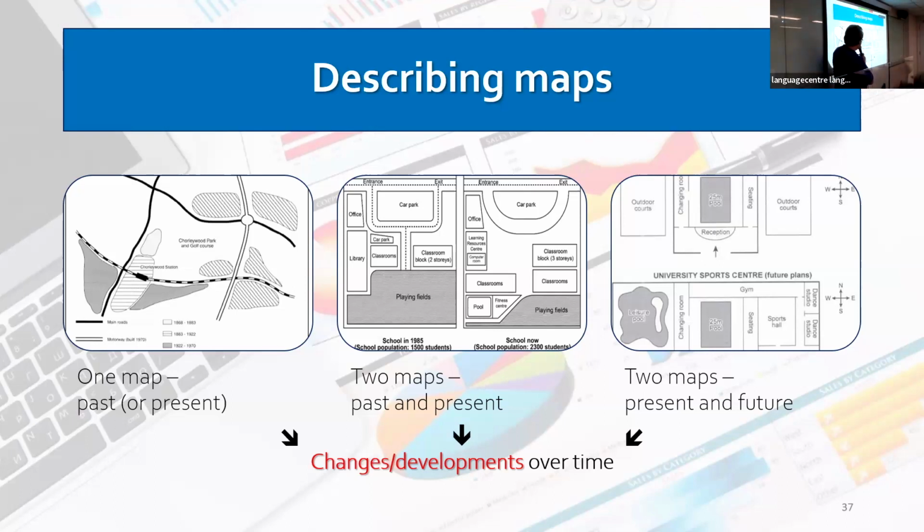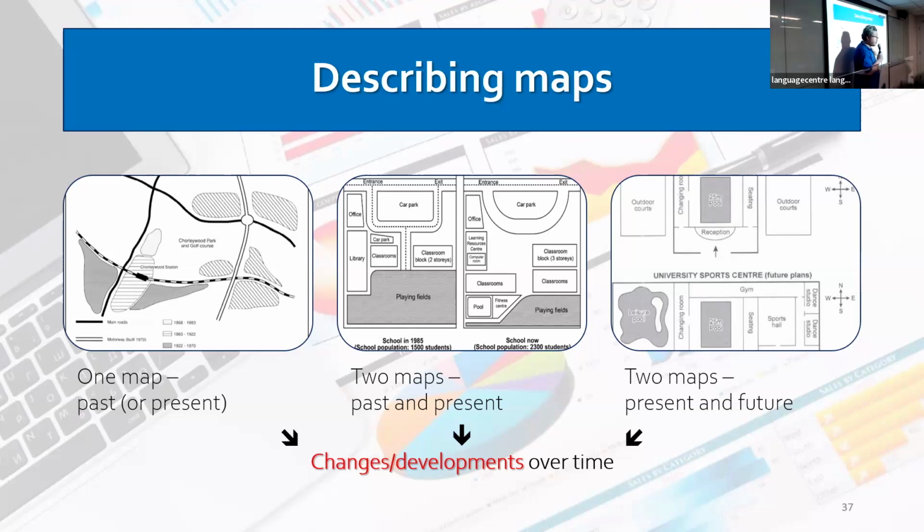Apart from one map, you can be shown two maps. The two maps will show you the past and present of a school, for example, a school or a place. Then you have to make comparisons, and you have to tell your reader in your information report about the changes involved after a period, after a number of years. The third type of